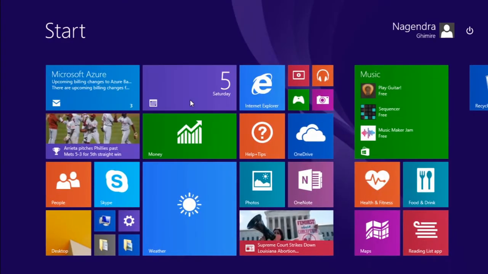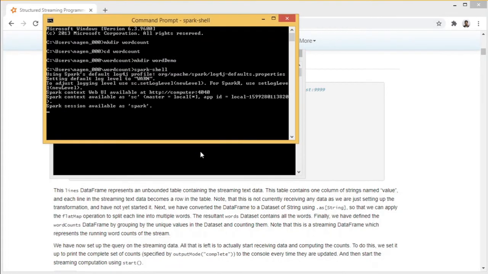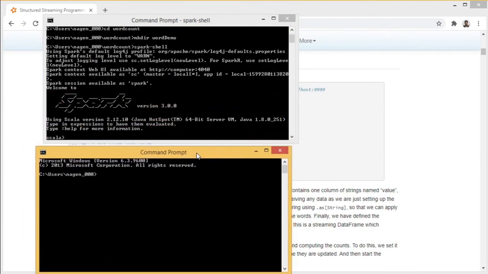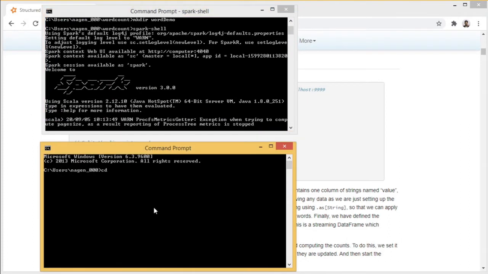Let's open another command window, and here I will be creating some words for the demo.